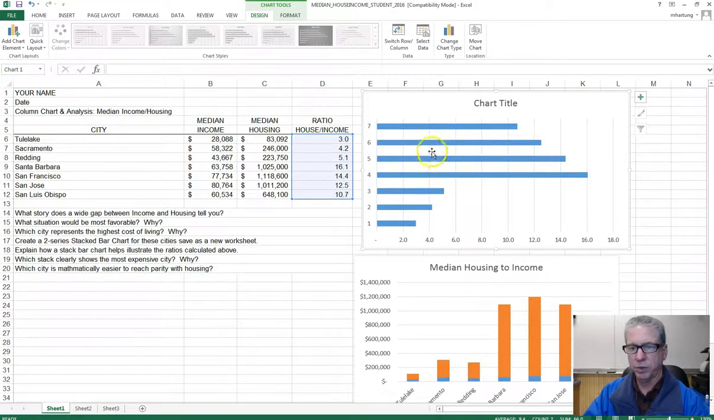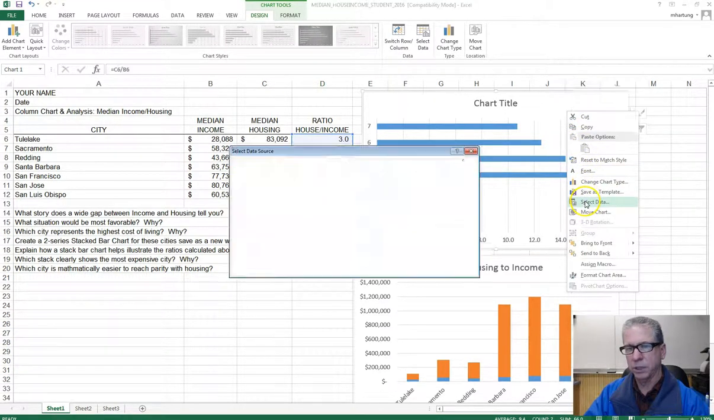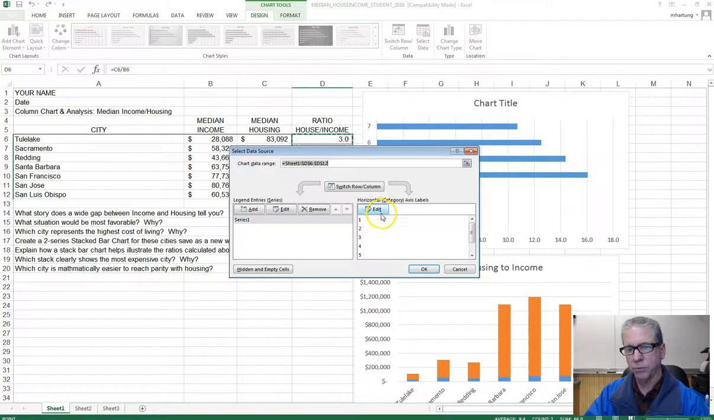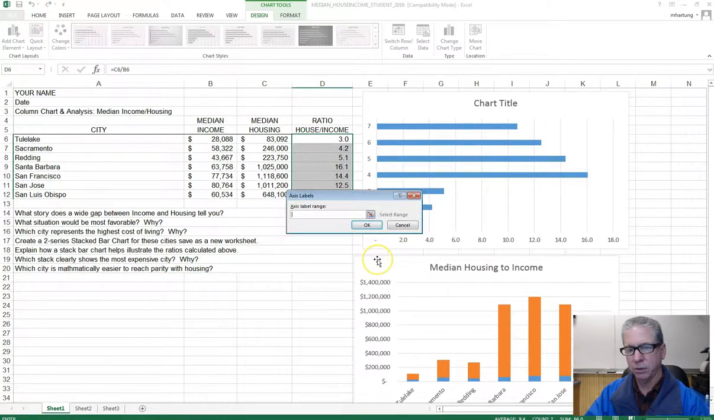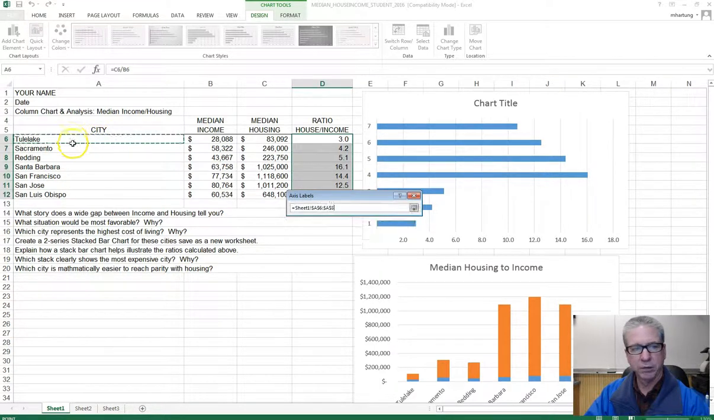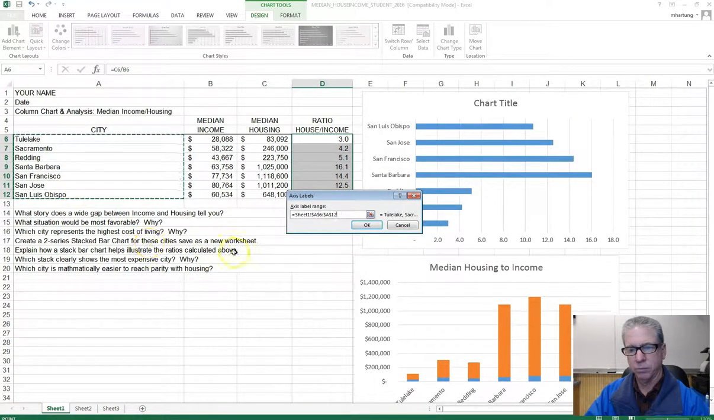Very similar to the column, it's just that now we have a bar chart. So instead of vertical, our bars are horizontal. We are going to right click, select data, and we need to get the city names here. And this time, because we've flipped this over, they appear to be on the y-axis, but it's still our horizontal axis labels. We're going to click edit, select those cities, click OK,